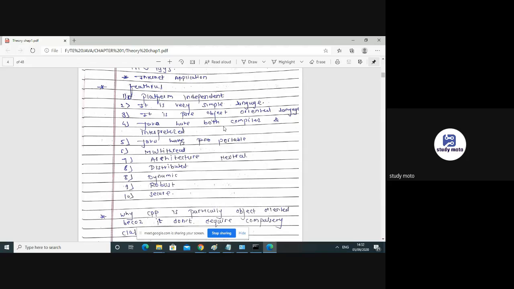Java is portable. What is meant by portable? It can run on different operating systems, and we can take the class file and run it on a different machine. Java is also multi-threaded.